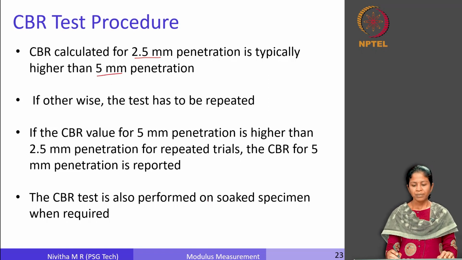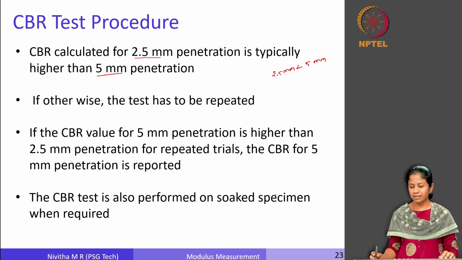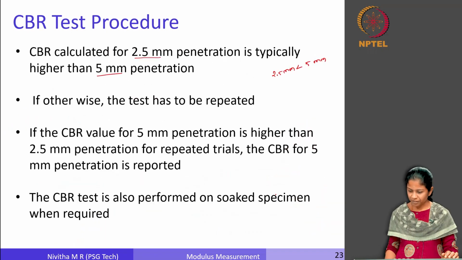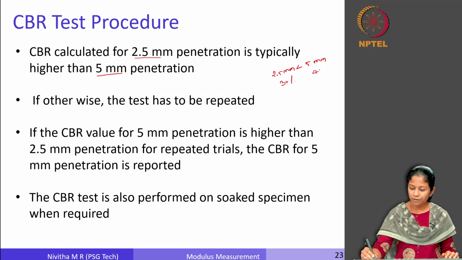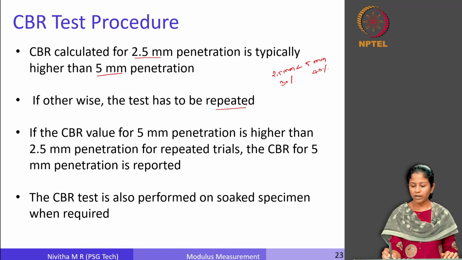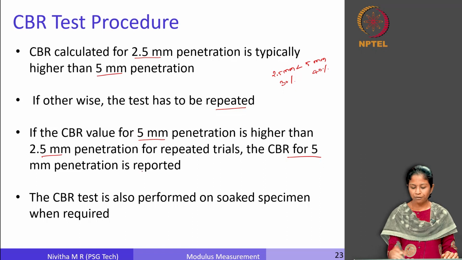This is a typical case. If not, right, if we get the CBR value for 2.5 mm to be less than the CBR for 5 mm penetration, in fact, it is a case that even we have got. For 2.5 mm we have got the CBR as 30%, whereas for 5 mm we have got it as 40%. So, if we encounter a scenario like this, it is required to repeat the test. Even after repeating it many times, if we get the CBR value for 5 mm penetration to be higher compared to the CBR value for 2.5 mm penetration, then the CBR for 5 mm penetration